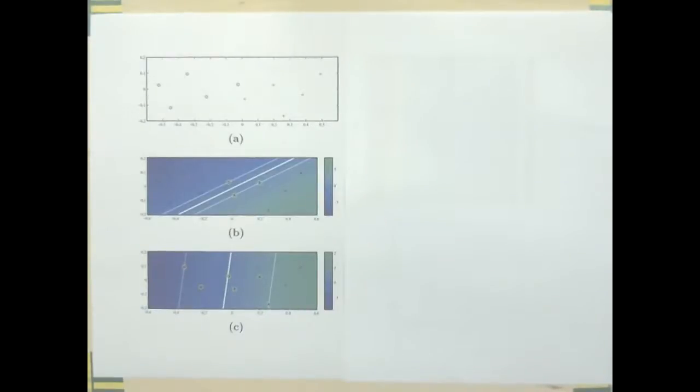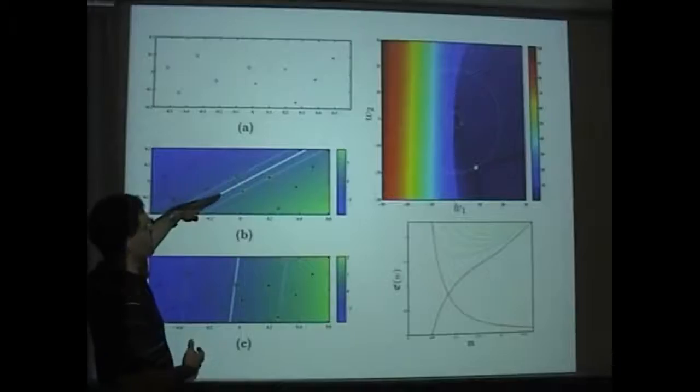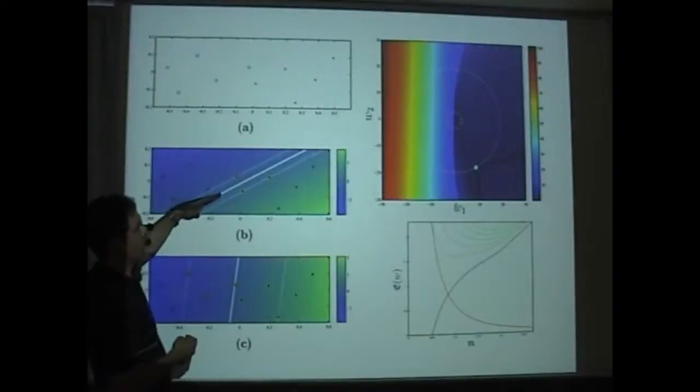So here I specified that the margin should have a width of 2 fingers, and this is the best solution that you find. And in fact, this is some kind of extreme solution, as you can see, because if I twisted this decision boundary any other way, some of the observations would infringe on the margin and would thus contribute to the empirical error. Right now, if you look at this solution, it has exactly 0 empirical error as measured